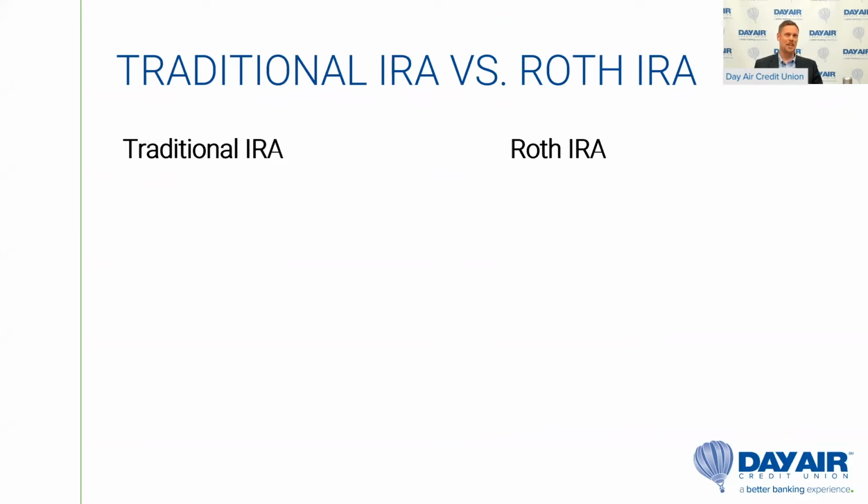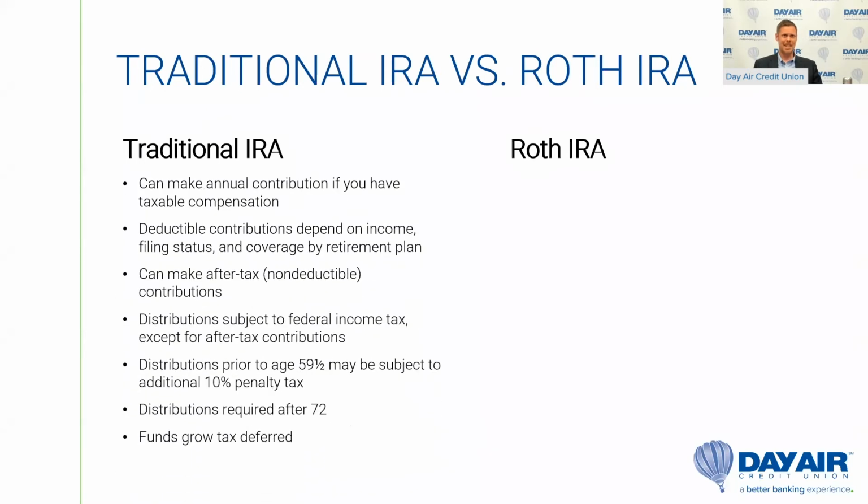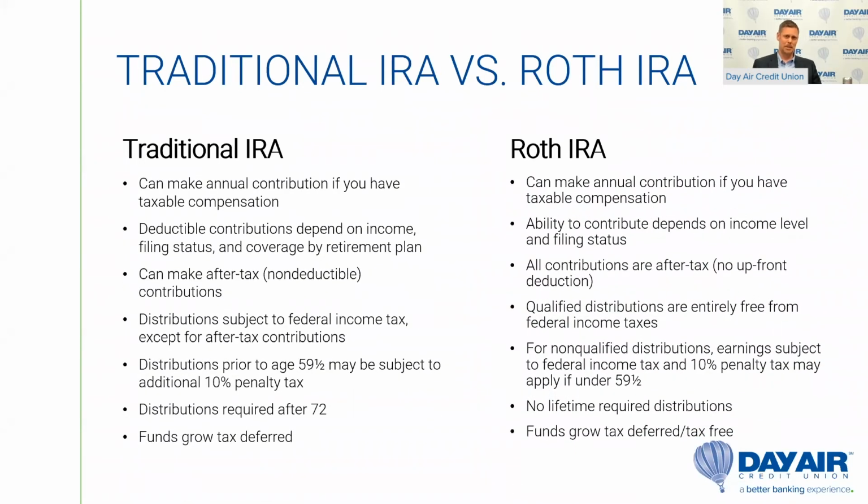About 20% of US households are using Roth IRAs, whereas close to 30% of US households are using traditional IRAs. So I think that Roth IRAs are a bit underutilized. It's not that one is necessarily better than the other, but there are two tools and you can use them in conjunction together. So with traditional IRAs,